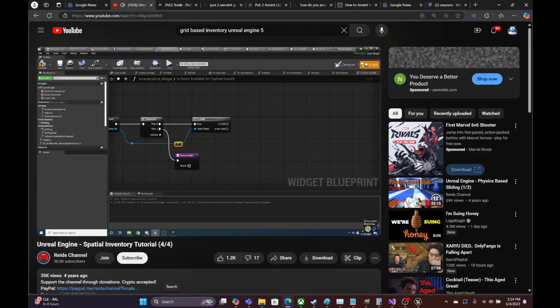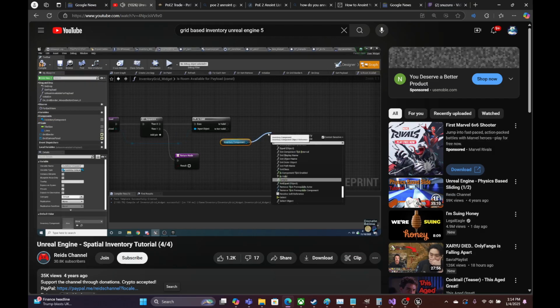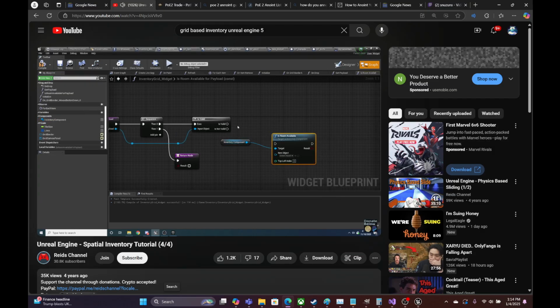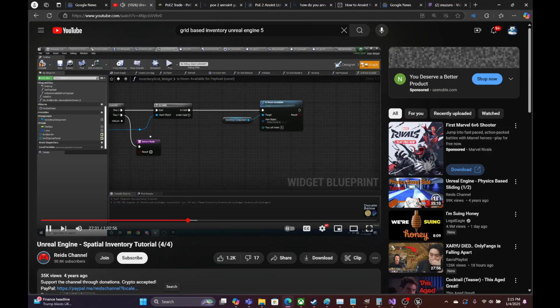And so if it is valid, we want to check if there is room available in the inventory component. So if we drag in our inventory component, we can say is room available, which is that massive function we wrote earlier. And then we just need to specify the item object and the top left corner. So the item object is obviously